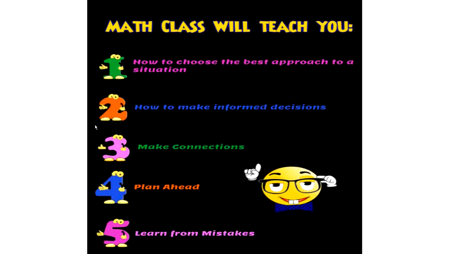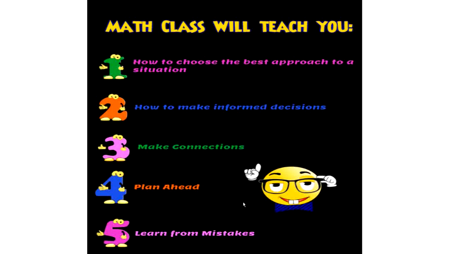The third one is make connections. This is the best step. If you master this step, I'm sure you can do wonders, because if you understand the relationship or the connectivity between the sequence or the numbers, you would be able to make your own formulas. And these are all the things which I'm going to teach in my class.